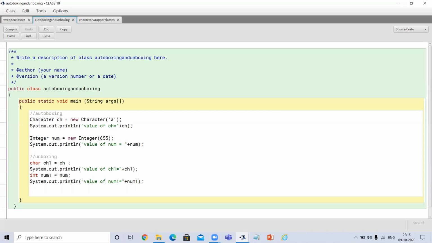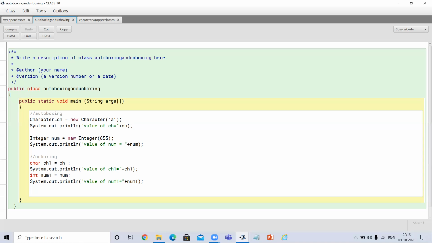And what is the syntax? You know how we can create an object. First of all, class name, object name equal to new class name. We have already created objects for classes in our various programs. So here, the class we are using is the wrapper class Character.